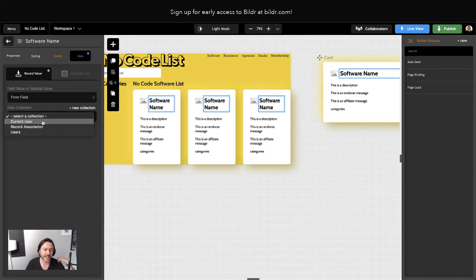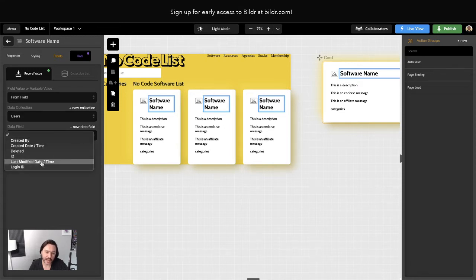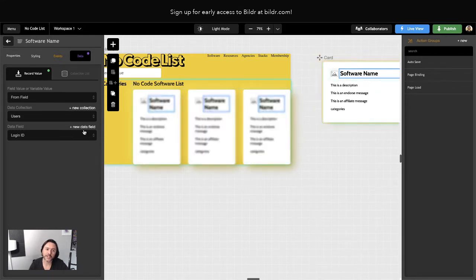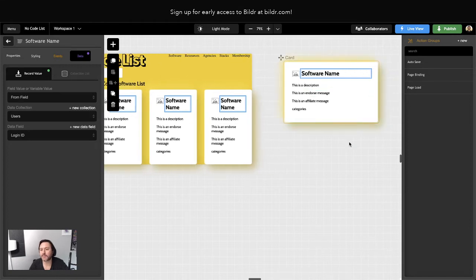So I didn't make any data collections in this project yet, but I could choose a collection like users, which is a default collection, and choose a data field that's in there. And basically now this element will always display the login ID field from the users collection. The way it knows which row to display, which user to display, is because it's in the context of this list of rows. And so that concept, hopefully, wasn't too confusing to just explain in a shot like that,